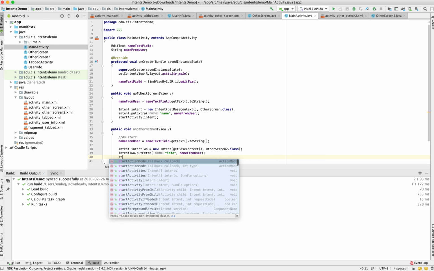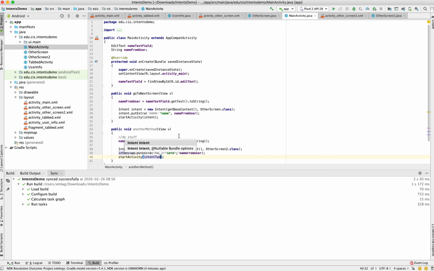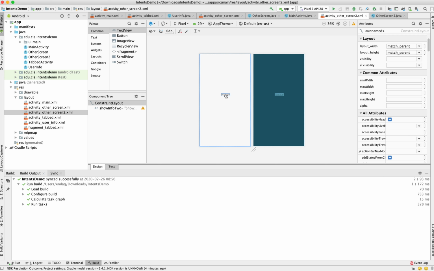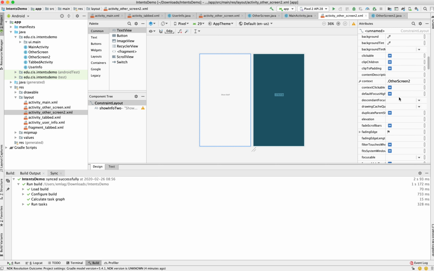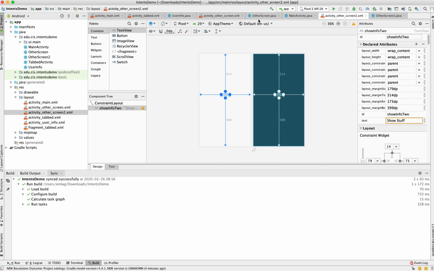And then I will say start activity and start this intent2. So what's going to happen when I click on this other method, I'm going to go to this new screen, and this new screen is going to show some stuff. I want to show things on this screen, and remember that this one only has this show stuff text view. So what's going to be helpful for me is to click on here and then know that the ID is show info 2,